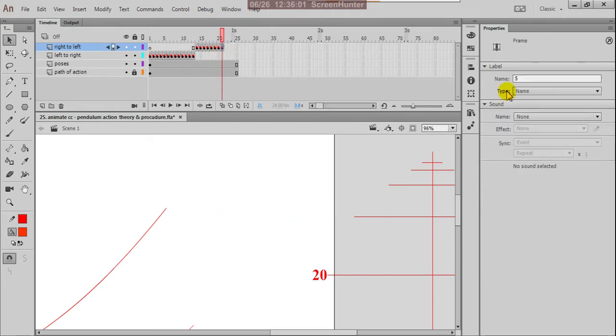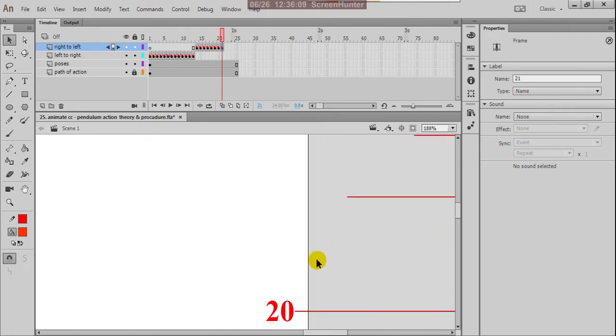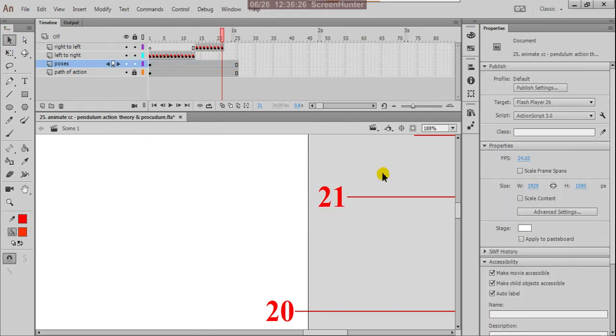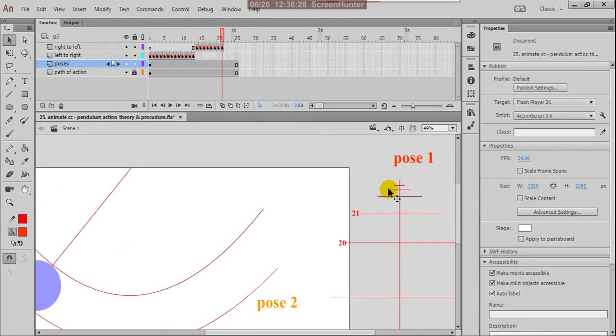Name it 21, and give the same name at the ladder.